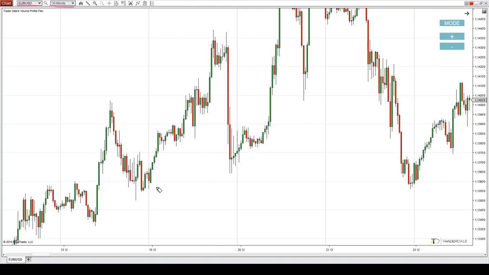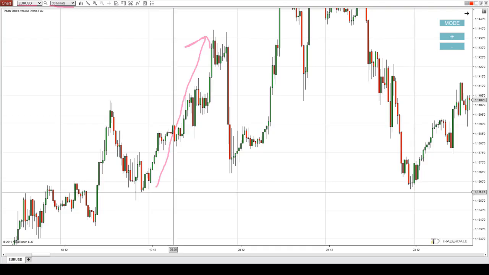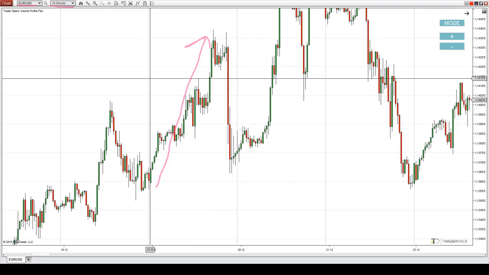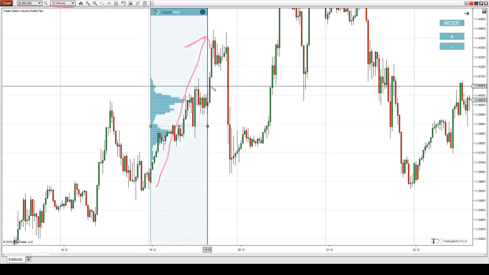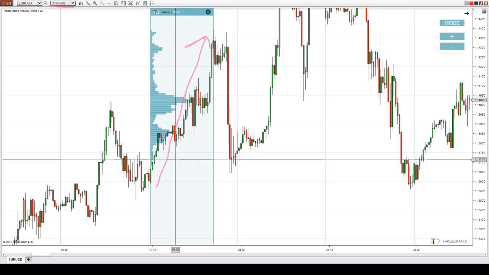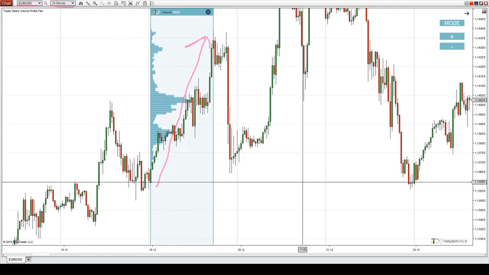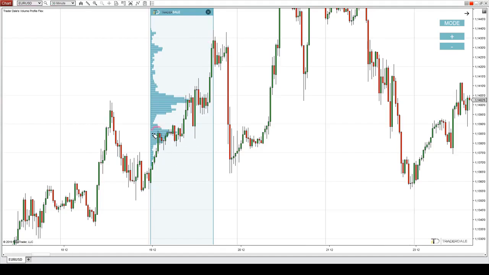In here, you can see a strong uptrend. So what you do is you use the flexible volume profile over the whole trend area to search for the significant volume clusters. First significant volume cluster is in here,